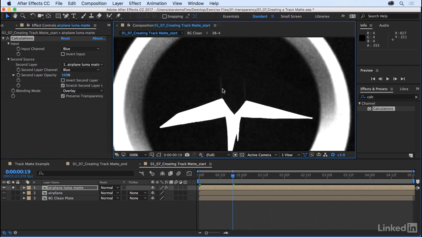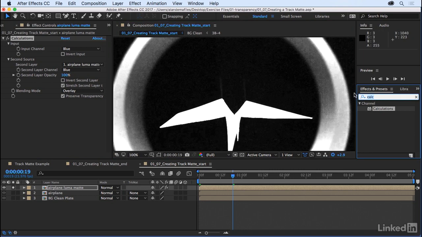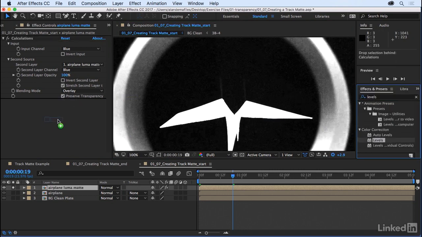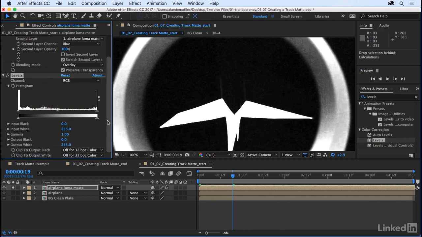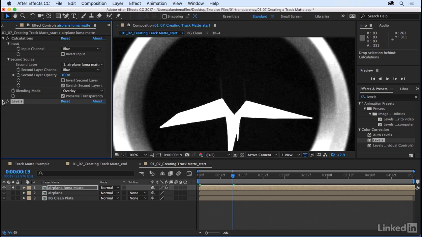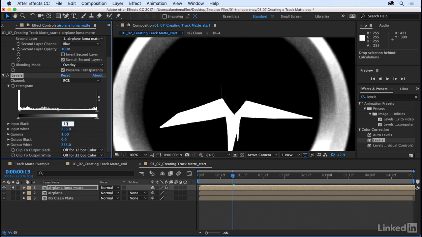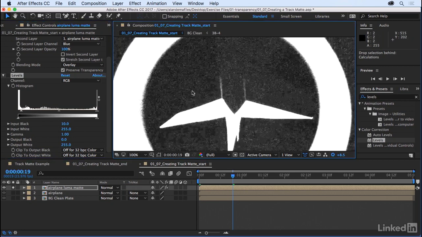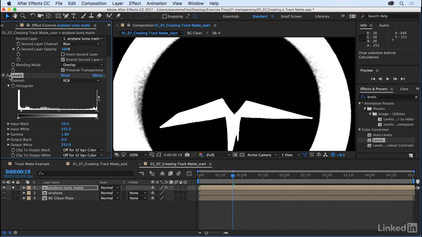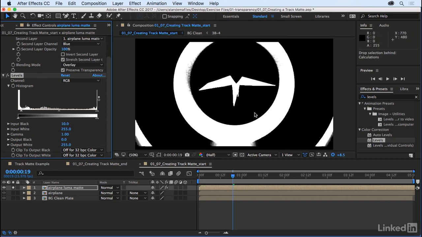We are still seeing some remnants of the strings, so let's go ahead and add in another effect called levels. And we'll add that underneath the calculations. And what this is going to do is just accentuate further what we have feeding in from this calculations effect. So all we need to do is just nudge this input black just a little bit by like 5 or maybe 10. And you'll see that with it off, we have a little bit of black still creeping out. And when we increase the contrast further with levels, we've now crushed all the blacks that were near black to complete black. And then we've also taken away the strings along with it. And so the end result here is a really high contrast image that we can use as a luma matte